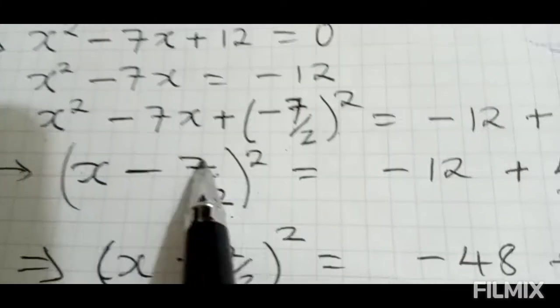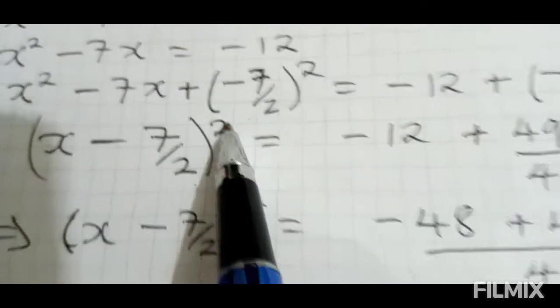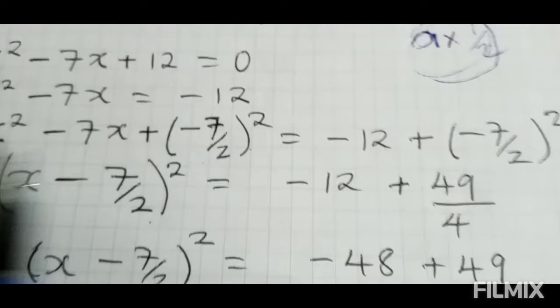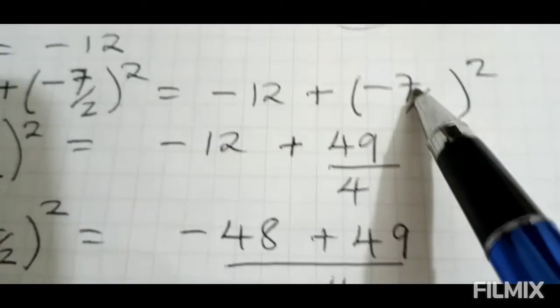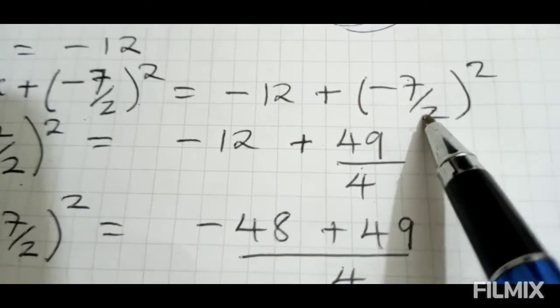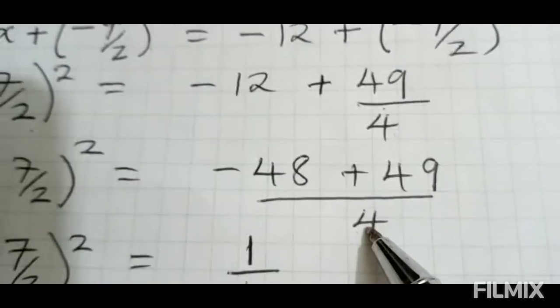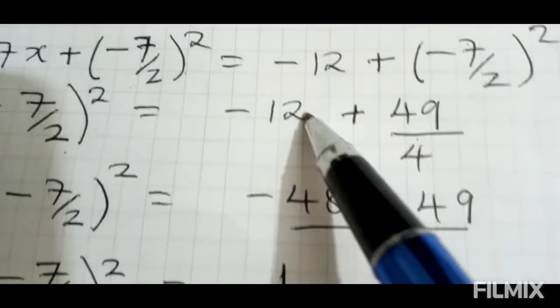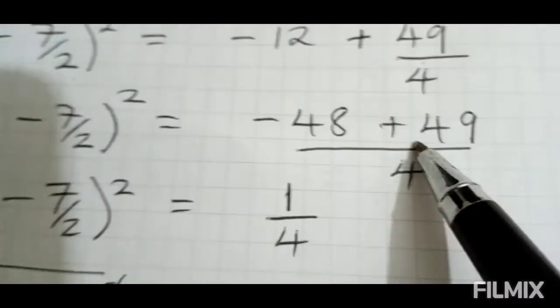So we have x minus 7 over 2, x minus 7 over 2 squared, okay? When we expand this term, we will get this one. From this other side, we just simplify. Minus 12 plus 49 over 4, because minus 7 squared is 49, and 2 squared is 4. So here we have the common denominator 4. 4 times 12 is minus 48. Minus 48 plus 49 is 1. 1 over 4. So now what we have